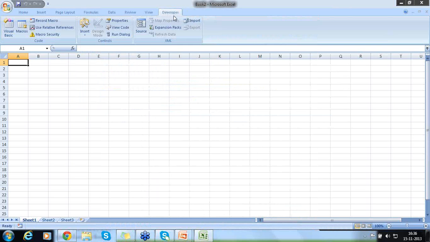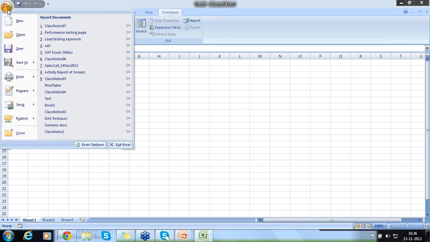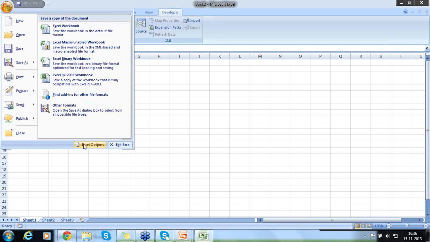Right? This developer icon will appear in the menu. Once the developer icon appears and you select it, by default this record macro will be disabled. Generally it is disabled. So to enable this record macro, again you go here, again you go to Excel options,